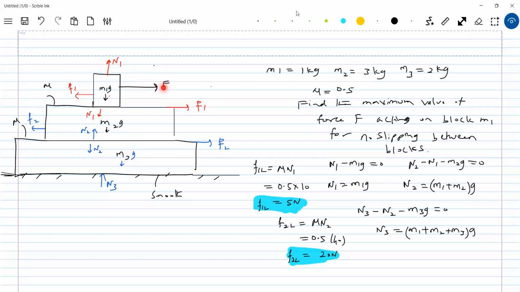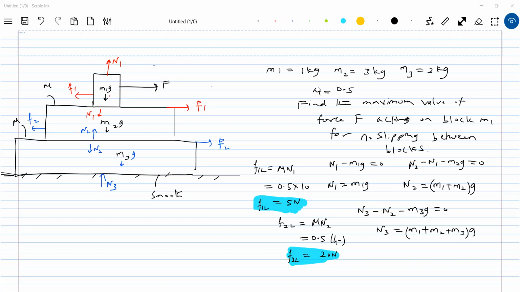I'll keep on increasing the applied force. Then the static friction, both F1 and F2, will increase. When I apply the maximum force, where will the friction be limiting: at 1, 2 or 2, 3 or at both? Three situations are there. Because when you apply maximum force, where will the slipping occur? At 1, 2? You can't make a guess. You're supposed to solve the problem. You should not make a guess. Everything has to be derived. Just making a guess is the wrong thing. We are supposed to analyze.